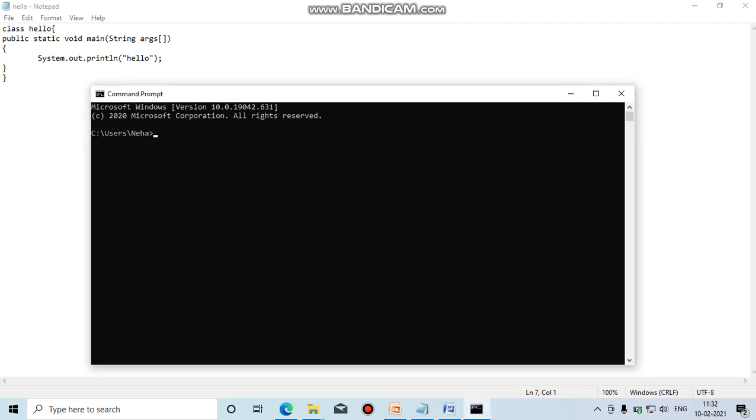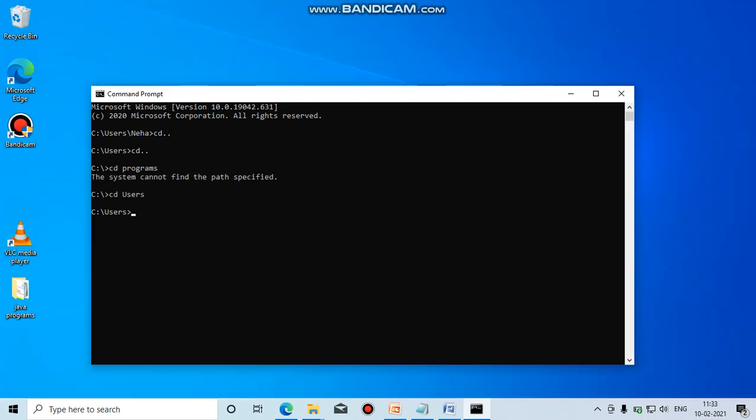In the command prompt, go to the path as described. Our file is saved on the desktop, so we have to select that path. Go to the desktop.